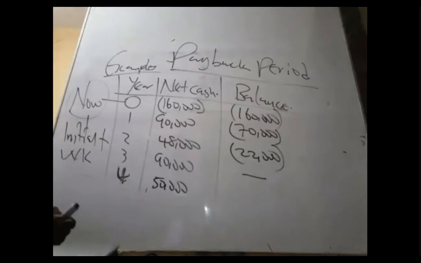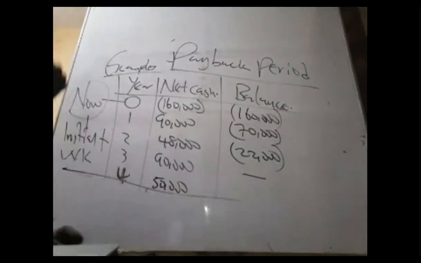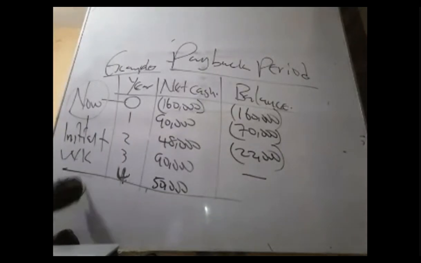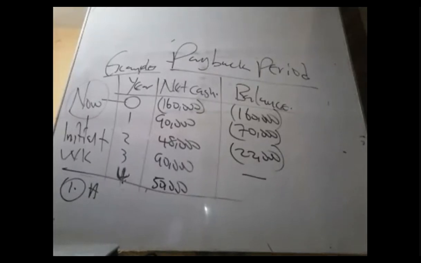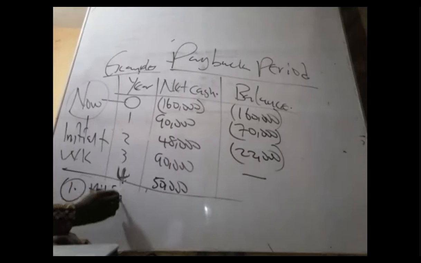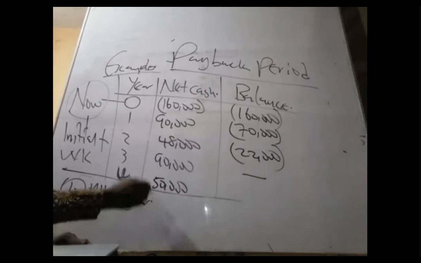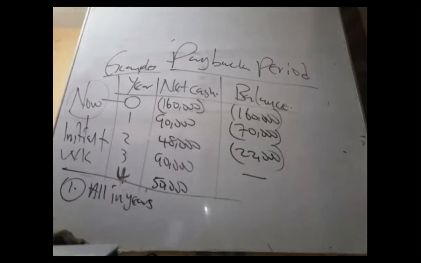I'll go through all of them with you. The first one is all in years. If I want, the duration can be in months, can be in days, can be years and months, years and days, years and weeks, so many. So I want all in what? Years. If all in years, how do I get it? That is in years. So first, the payback period is equal to